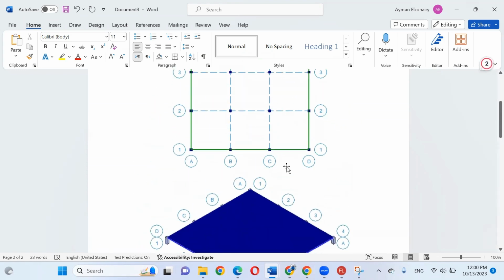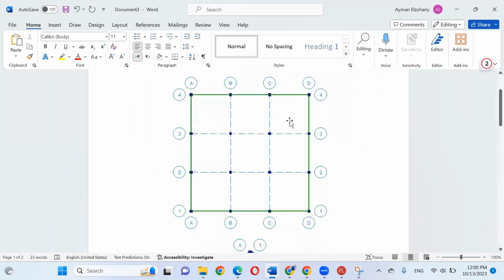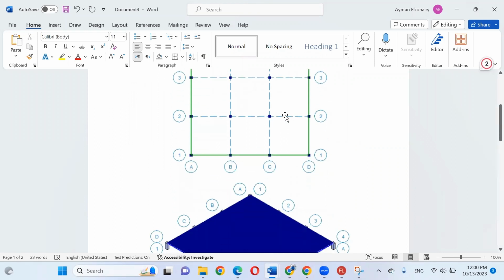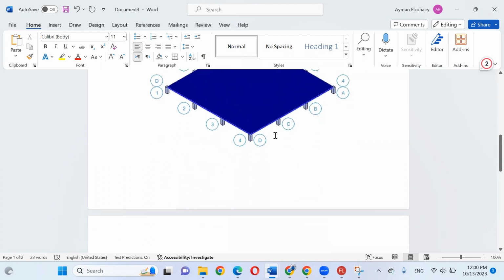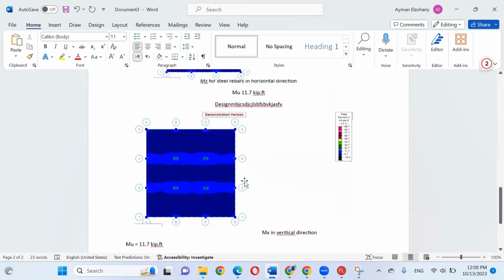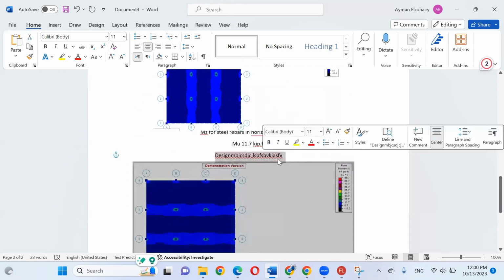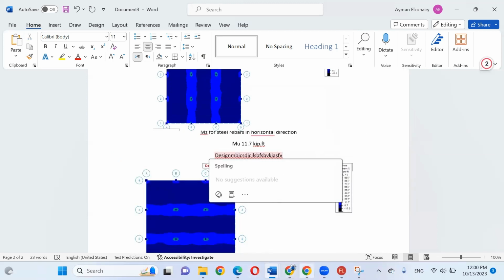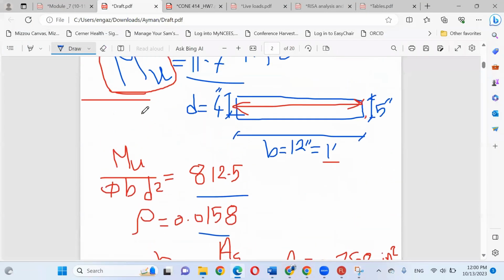So if you look here, you are providing me with everything I need from question number 2. You have to show me that you defined your slab correctly. You have to show me that you defined the thickness and the dimension of the columns correctly. You have to show me the results on the slab in the horizontal direction and the vertical direction correctly. And you need to provide your design. This is what I wrote here for the horizontal direction and the vertical direction.